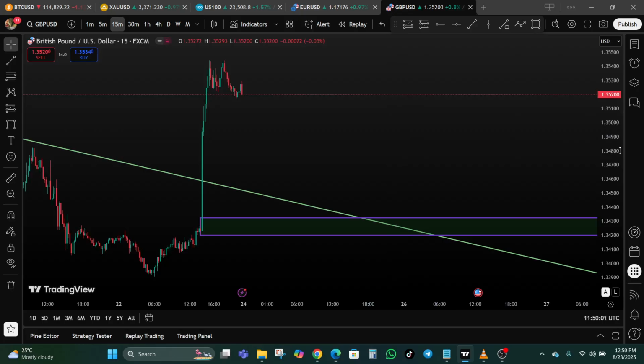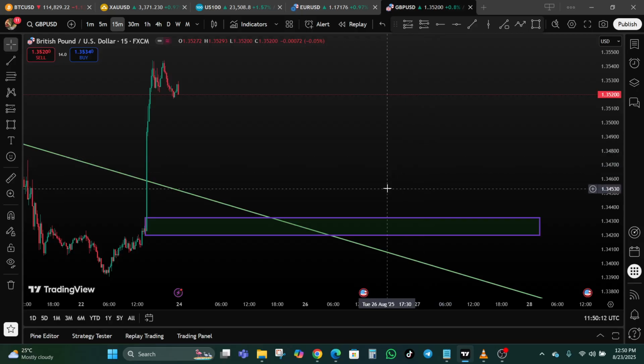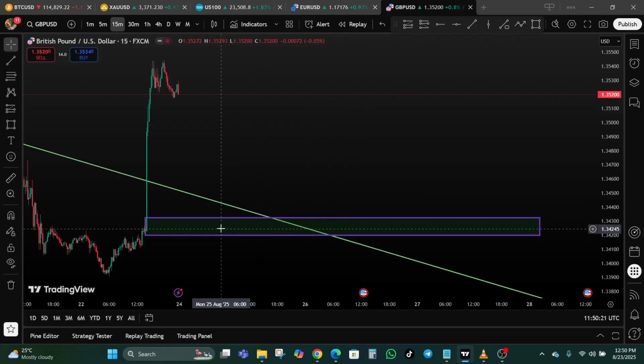You have to combine this with imbalances or fair value gaps, and you will have strong evidence of where price is likely to return. So once you have marked your mitigation block, the next step is patience. Instead of entering a trade too early, wait for price to return to the block. When it does, you look for signs of rejection such as wicks,